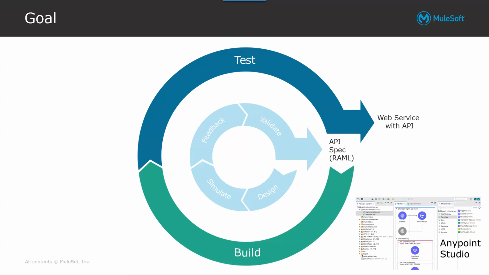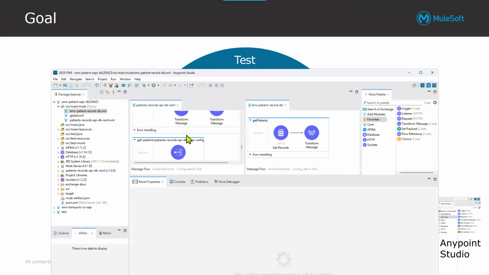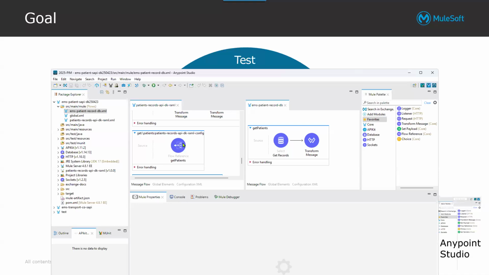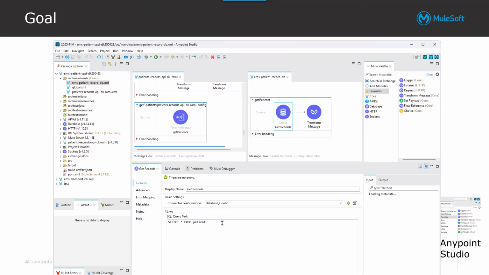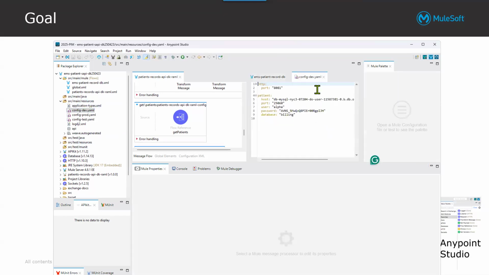What we want to do is we actually want to get live data from the database. Hence, when we come down to the get patients, we want to flow reference over to really getting patients from the database. So this is connecting to a live database by way of our configuration files,